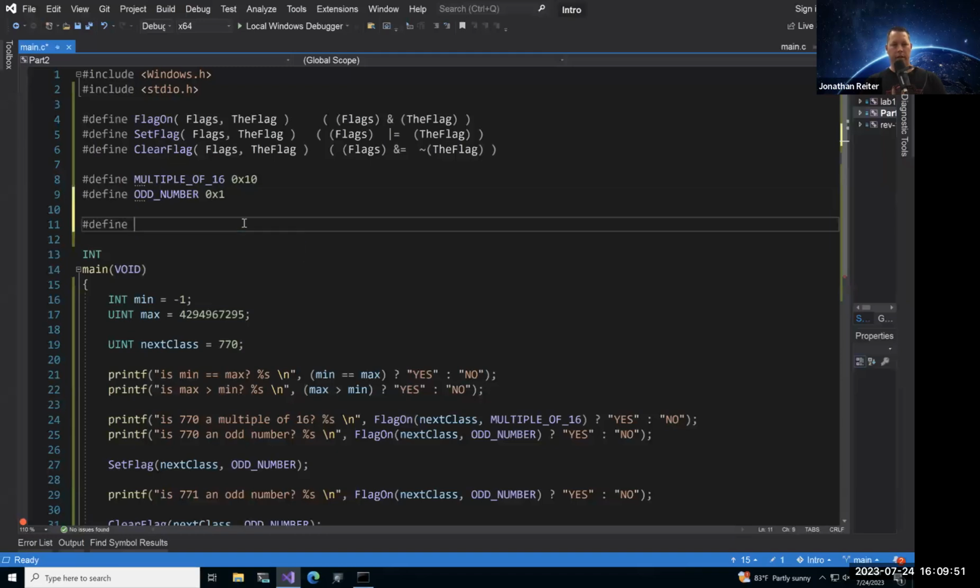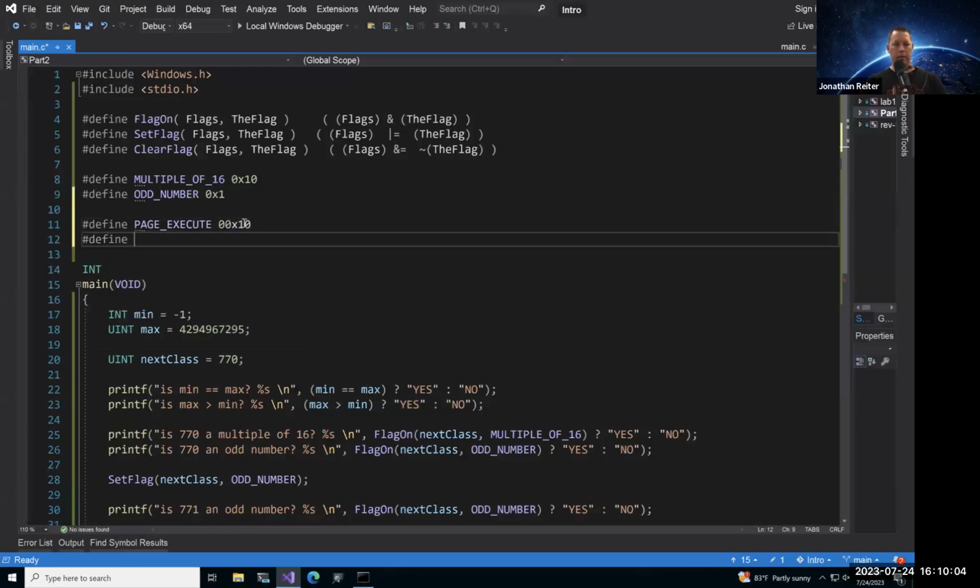Okay, so #define the page execute. I'm just pulling these values from MSDN. You can go ahead and type them in as I type here. So we have PAGE_EXECUTE with a value of hex 10.